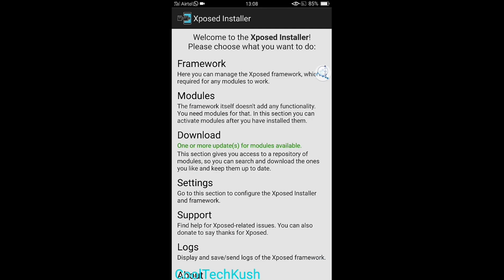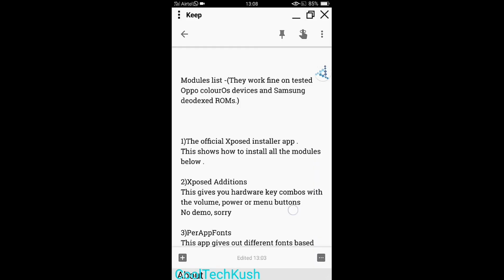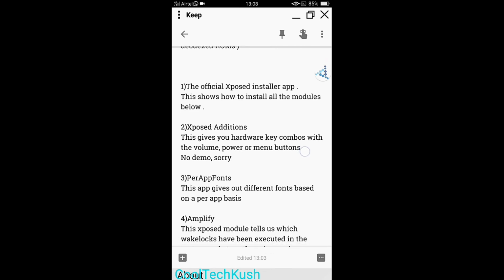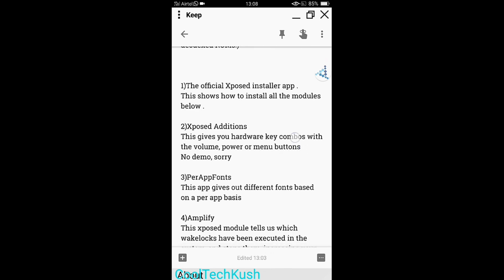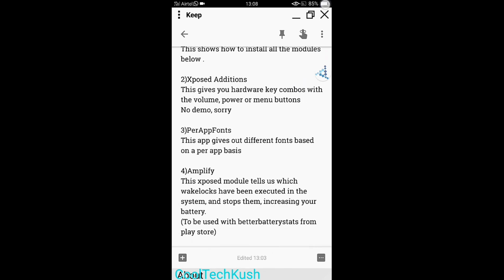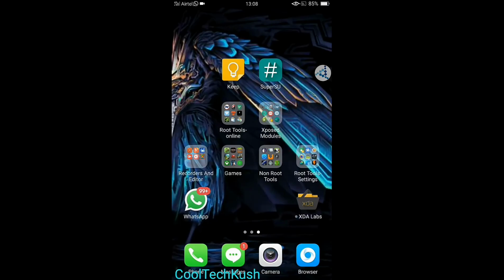So the next one here is Xposed Additions, but I'm sorry I cannot give a demo for that. It does not support my device. Instead, I'll be giving you a demo of PerAppFonts. This app can be used to change fonts on a per app basis. For example, if you don't like the default font given out by WhatsApp,